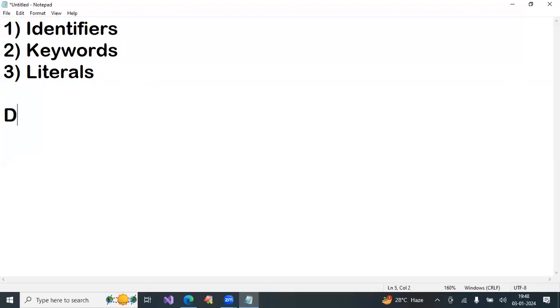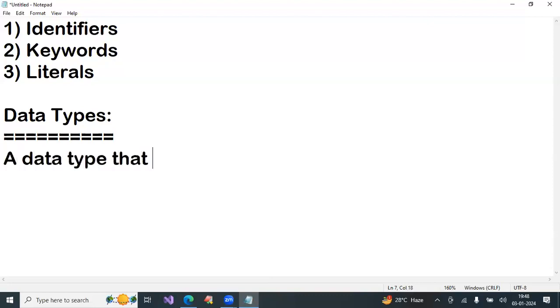Today, next concept, next heading: data types. Note down.